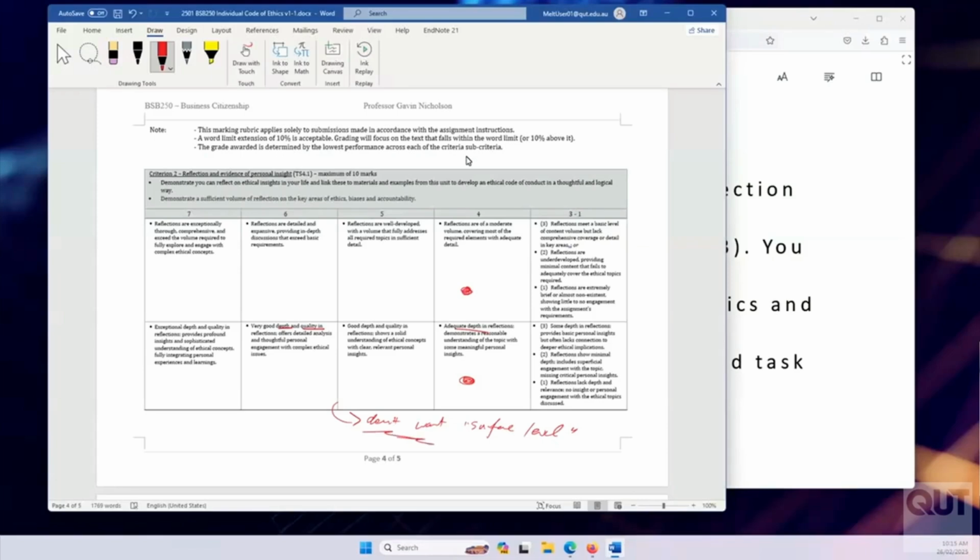And then we've also got something that talks about volume. Okay, how much reflection is evident in your work? Now, if I were you, I'd be sitting there going, I really only have 1,200 words. So how do I actually show volume? My answer to you is that is one of the reasons that we have developed these AI prompts for you. So let me explain why